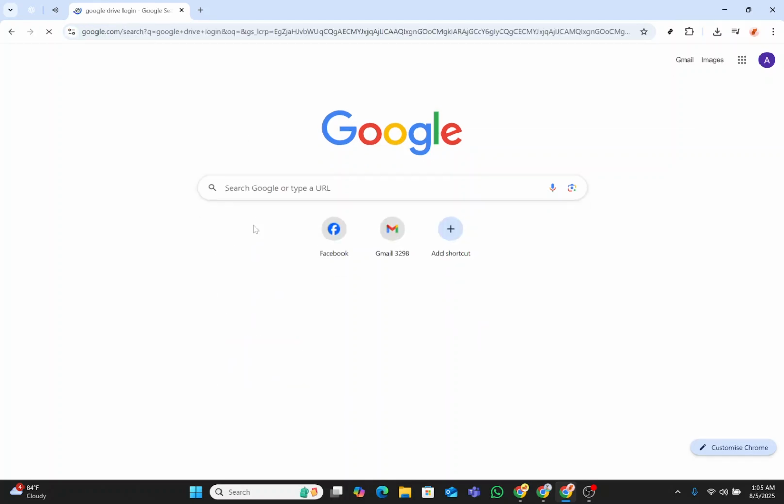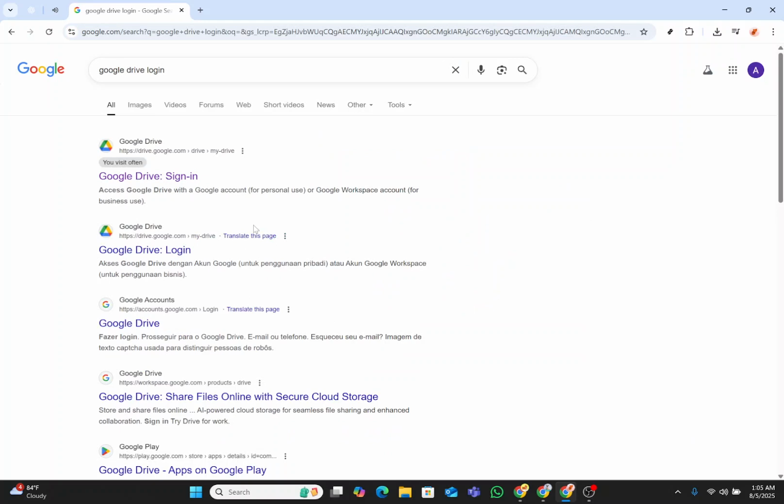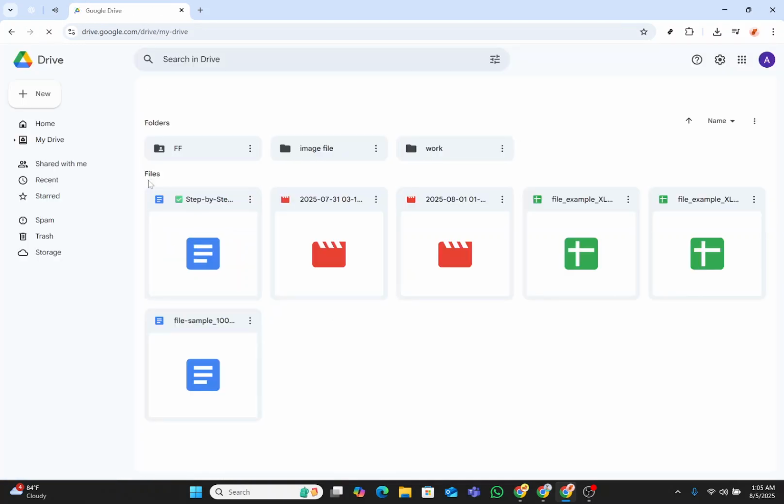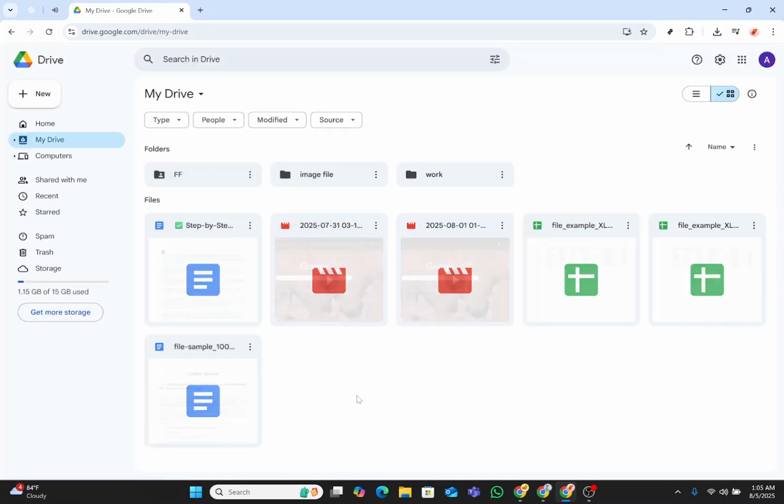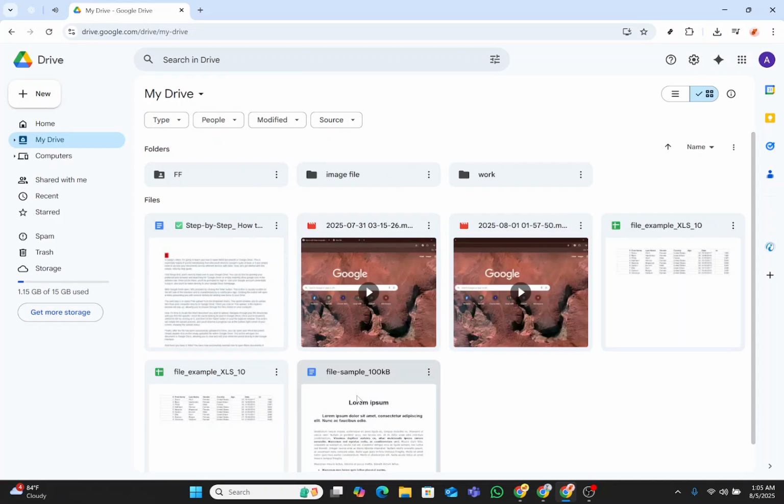First, you need to go to your Google Drive. Open your web browser and head over to the Google Drive sign-in page. Make sure you're logged into your Google account by entering your credentials if prompted. Once you've signed in, you'll find yourself on the main page of your Google Drive, looking at your collection of